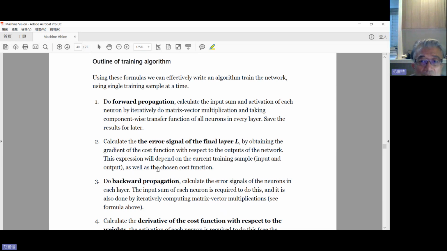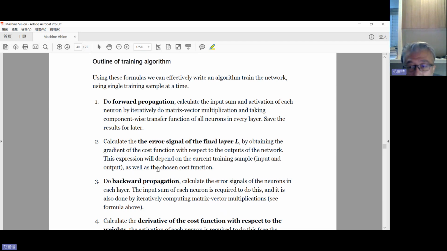The previous page already illustrated this clearly, taking component-wise the transfer function of the neuron in every layer and saving the result for later, the output. When you have the output, you compare the error and use backpropagation to perform the parameter update, and calculate the error signal of the final layer L by obtaining the gradient of the cost function with respect to the output of the network,